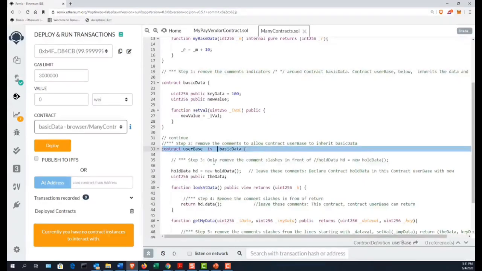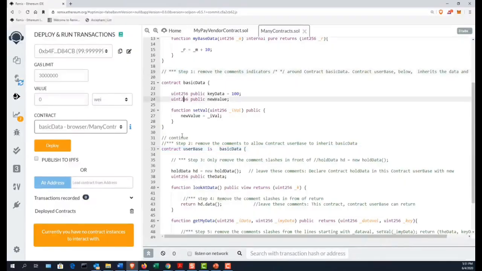For instance, we comment out here where user data is, so we essentially take away the inheritance here. It's very important that you read all of these steps and remove the comments in the right way. So you're guided through this using step 1, step 2,